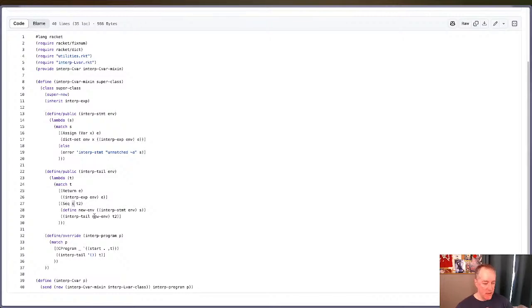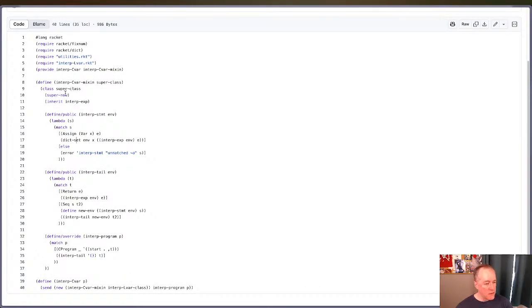Okay, so yeah, their interpret statement is assignment, and it just inserts the result of interpreting expression, and this inherits from